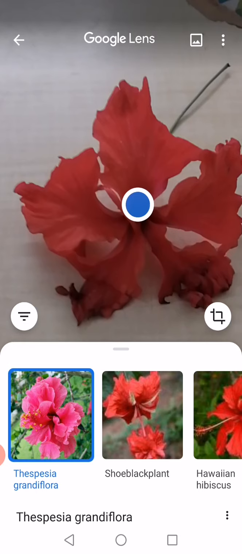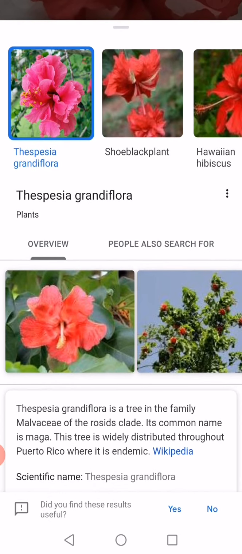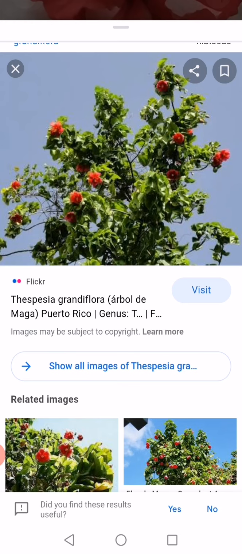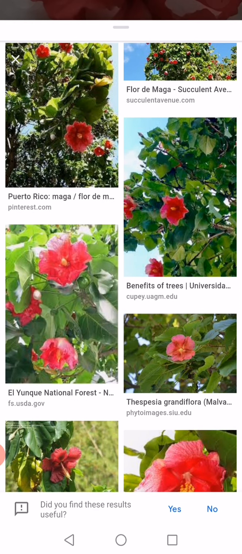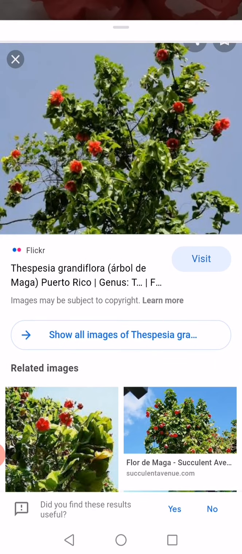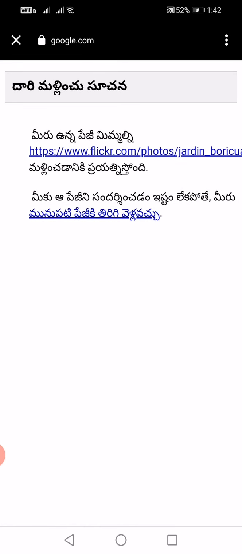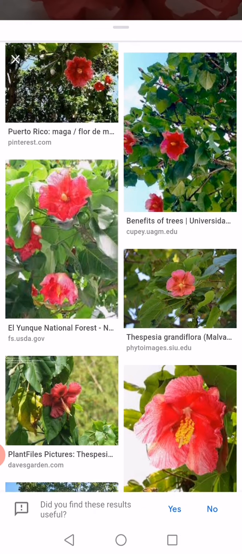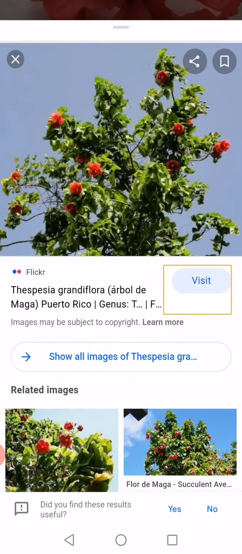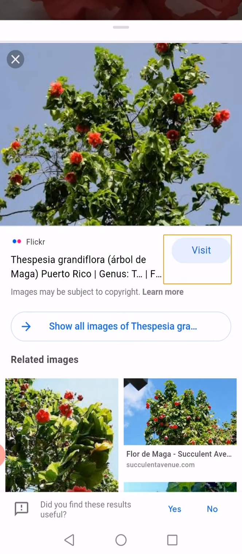See, this is information about this hibiscus plant, and you see here a lot of information has been retrieved from the net. In the same way we can know some more information about this. In this way, dear student teachers, we can retrieve information, we can understand the scientific names of the plants, and we can understand some information related to the plants.